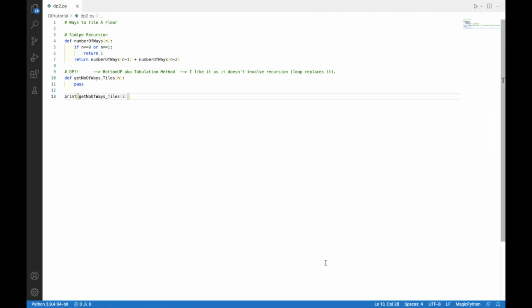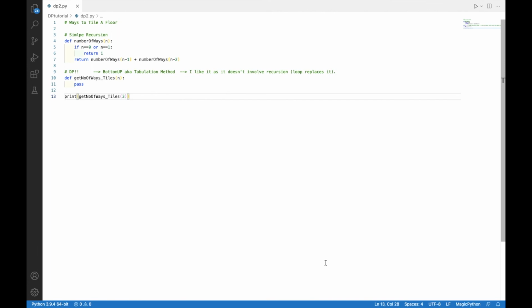So now I have switched back to my editor, and over here I have already coded the simple recursion method, which is quite simple, as once we decode the problem and understand that it's nothing but an implementation of the Fibonacci series, what we need to do now is apply dynamic programming to save us time and improve the time complexity of the program.